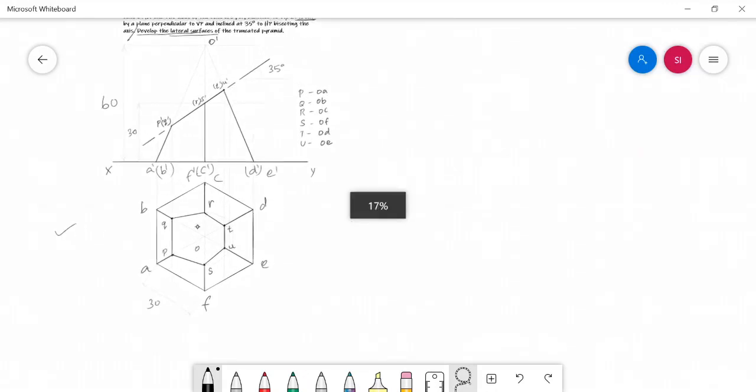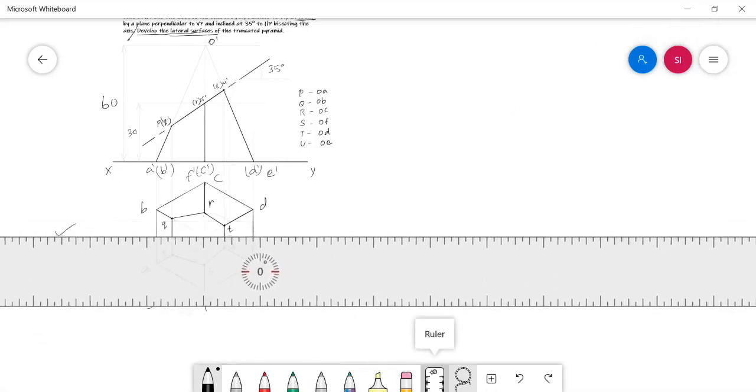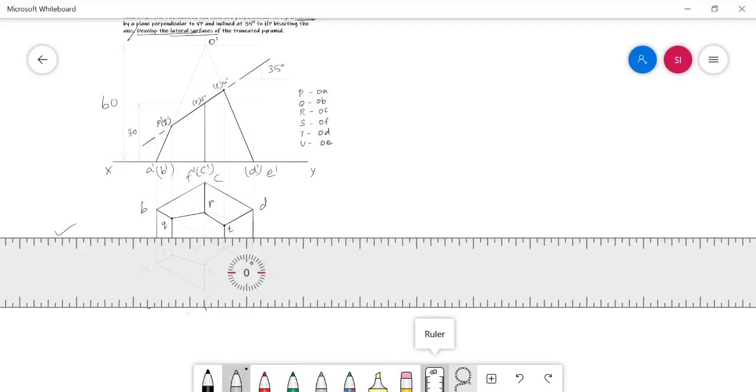In this problem, you can note one thing. The slant edges OA, OB, OC, OD, OE and OF are not parallel to the XY line in the top view. So in the front view, all these 6 slant edges are showing only the false length. They are not showing their true length. In this type of situation, in order to know the true length of the slant edge, we need to do additional work. That is, virtually we make one slant edge parallel to the XY line in the top view.